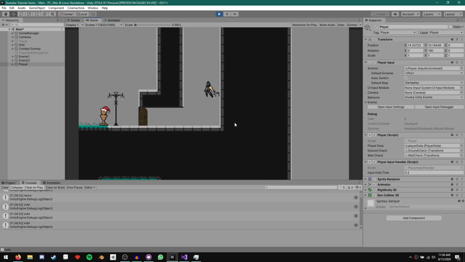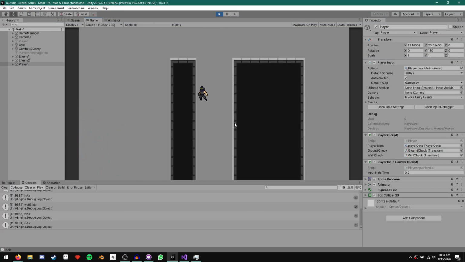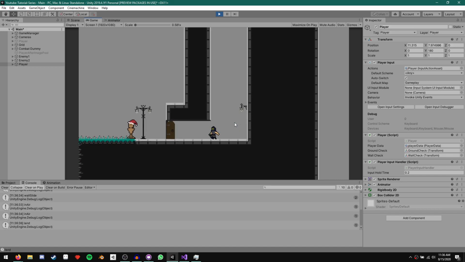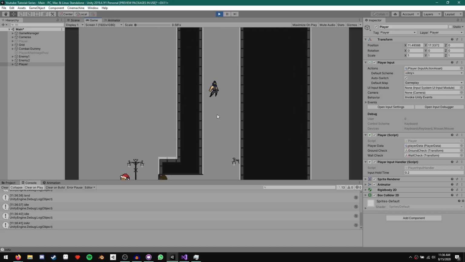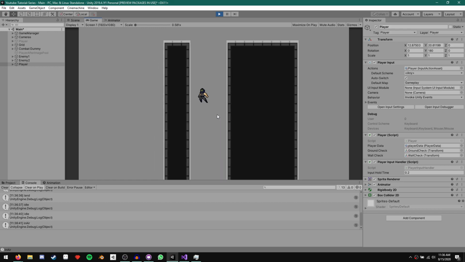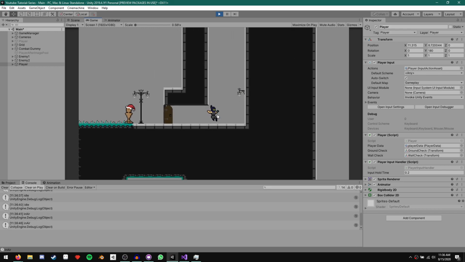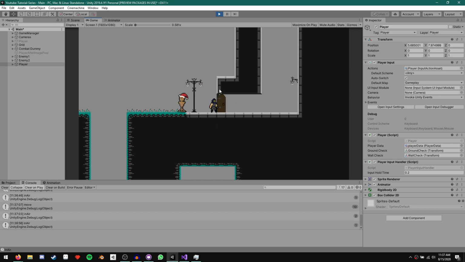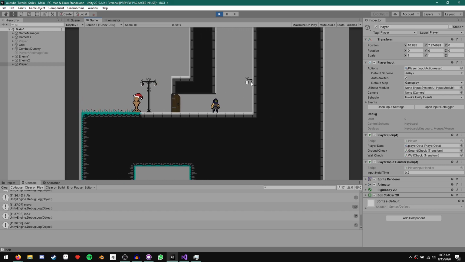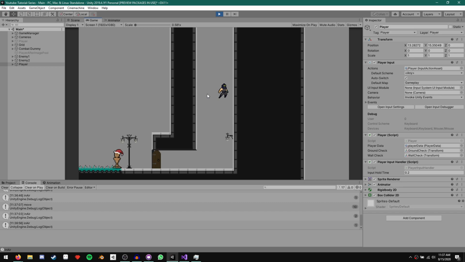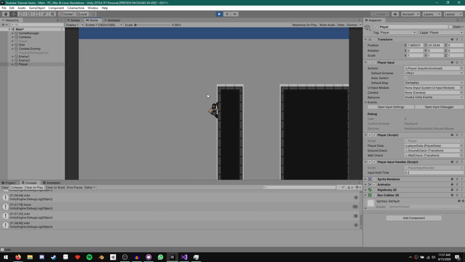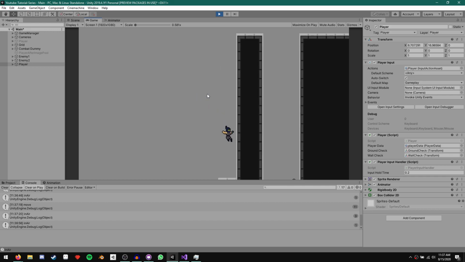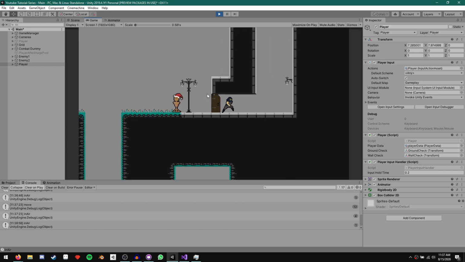So this isn't going to add a whole bunch to the game with the coyote time, but it's definitely something that you'll notice if it's not there. But the way we have it now, it really shouldn't be that noticeable. And so you just have to play around with the coyote time setting to get one that works for you. You don't want it to be too long, but you also don't want it to be too short. It's quite a balancing act. I think 0.2 works fine for me.